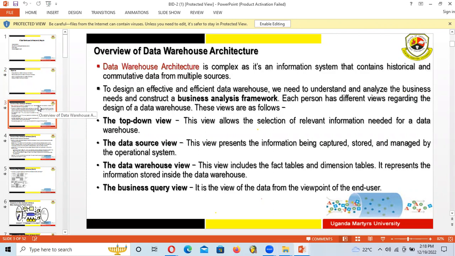Data warehouse architecture is complex as it's an information system that contains historical and quantitative data from multiple sources. To design an effective and efficient data warehouse, we need to understand and analyze the business needs and construct a business analysis framework. These are the views on designing the data warehouse: the top-down view, the data source view, the data warehouse view, and the business query view, which is the view of data from the viewpoint of the